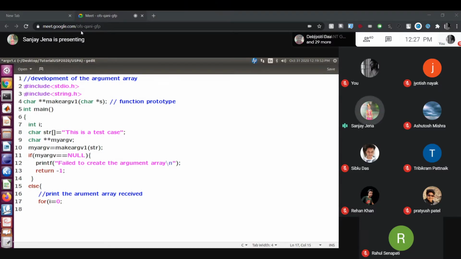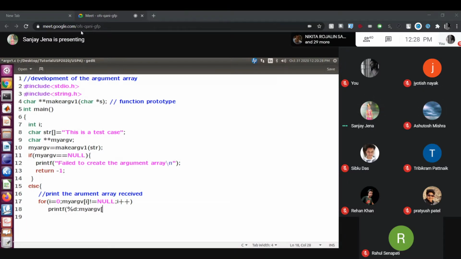Then I can compare my argv of i till it is not null, i plus plus, go on displaying printf. i means percentage d.